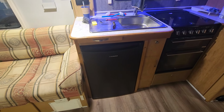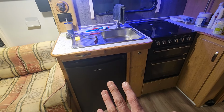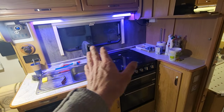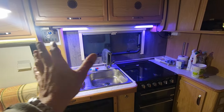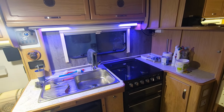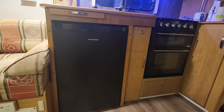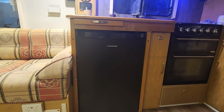Okay, so this wooden trim, which somebody added on to this caravan a long time ago, had to come out, and that all got dug out when the other fridge came out, and we had to dig it out when we were leveling all this off and putting the new vinyl in for a nice new splashback and new timber in to replace all the rotten timber that was down there. So I spent ages and polyurethaned this timber, and then also I had to adjust it to suit the new fridge,